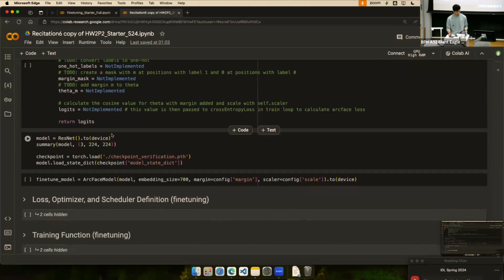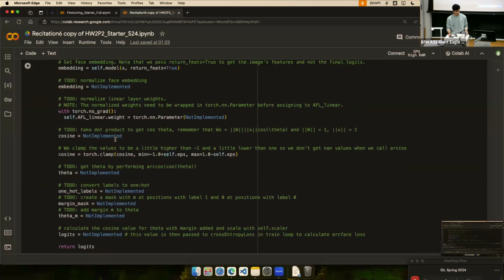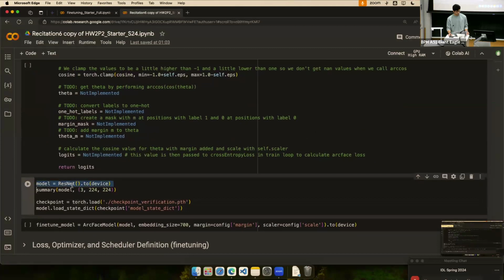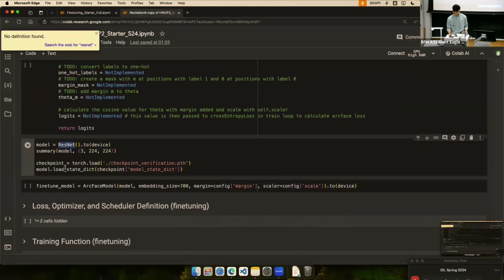Once that is done, you recreate an instance of the model that you have used till now. You can check it. And then you reload the checkpoint from the pre-training stage. Both processes don't need to happen in one go. You can do your pre-training separately, and once you've saved all your checkpoints from the pre-training, you can come back to it later and do this afterwards as well. Whichever model worked for you, for example if you were using ResNet, this is just placeholder code, you load your ResNet model again,